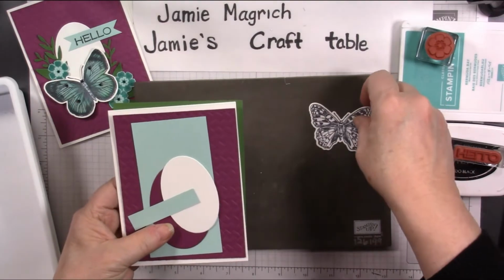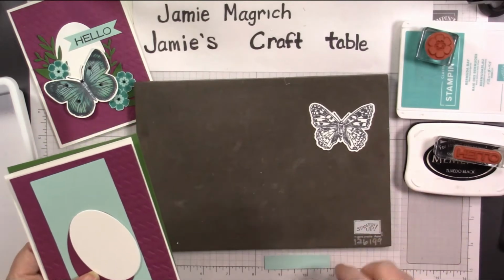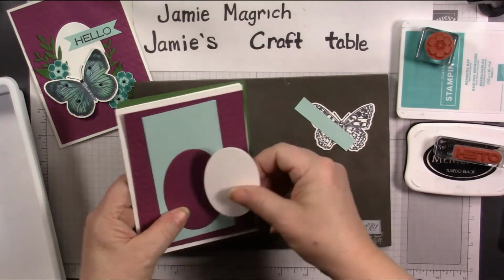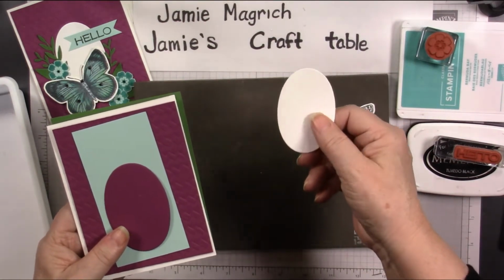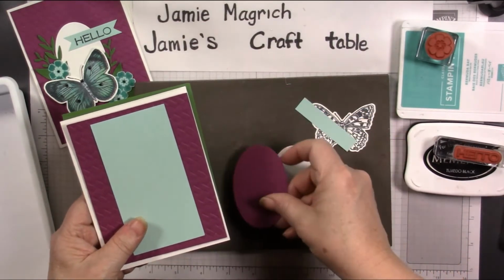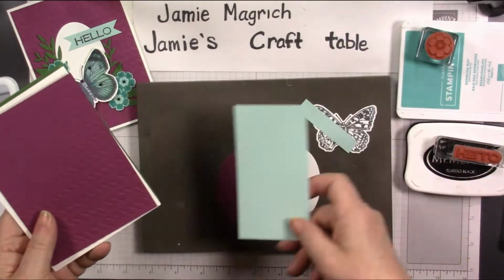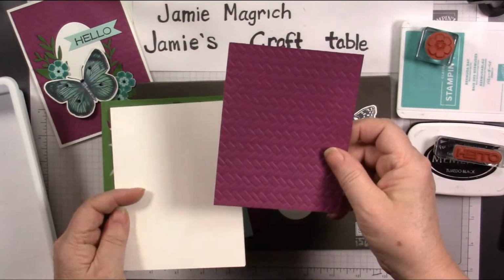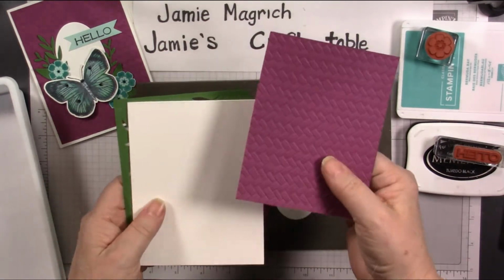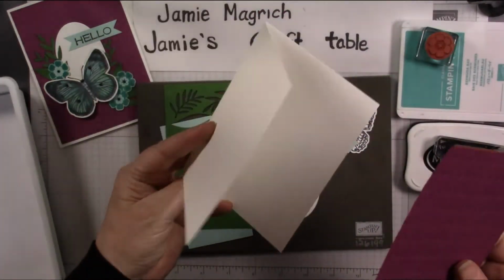I've got my butterfly. I've got a 1/2-inch strip of Pool Party, and this is 2.5 inches. I have the third from the largest oval cut in white, second from the largest oval cut in Rich Razzleberry. I have a scrap of Pool Party to stamp those flowers on. I have a 4 by 5 1/4 inch piece of Rich Razzleberry, which I have run through the Coastal Weave embossing folder. I have my card base, which is 5 1/2 by 8 1/2 scored and folded at 4 1/4,